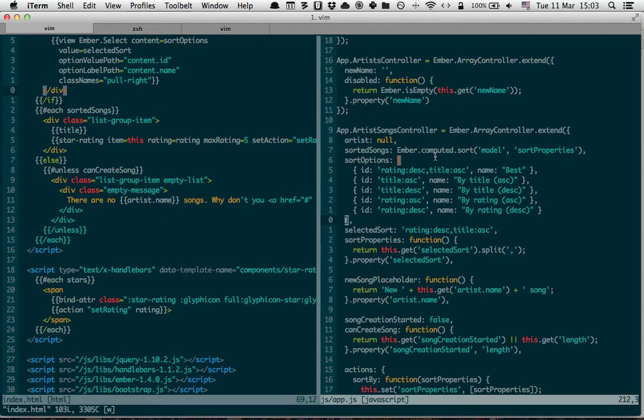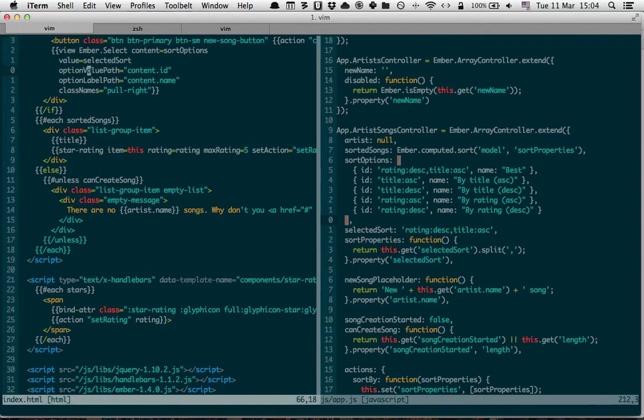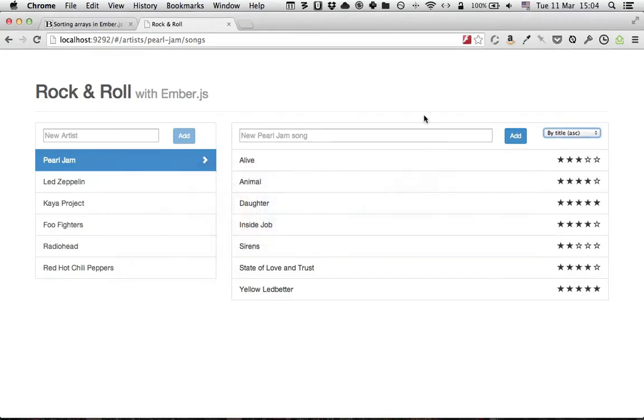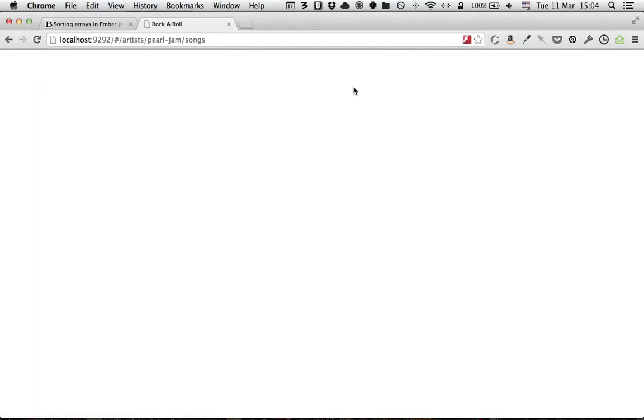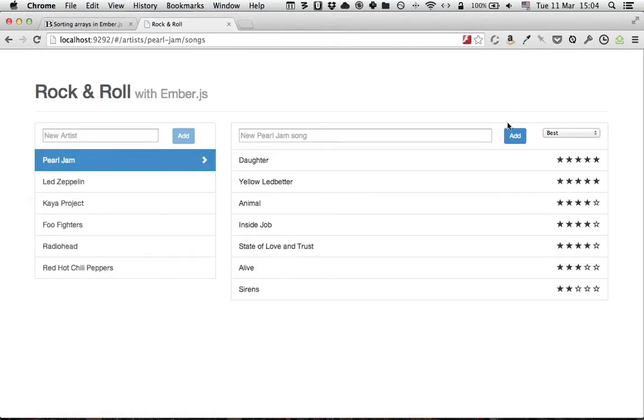I cheated a bit and I fixed it, because it didn't work right away. I needed to fix two little typos. One of them was that here I wrote value, or maybe label, with a capital A. That's why it didn't work. And I had a JSLint error here, I missed that comma. So now if we go and load the application up,